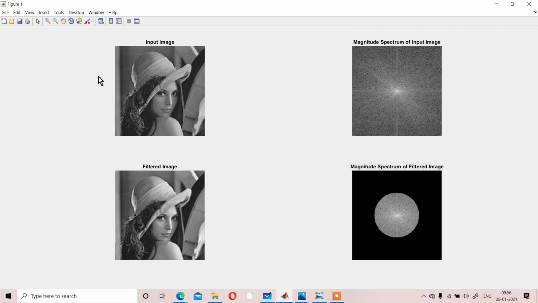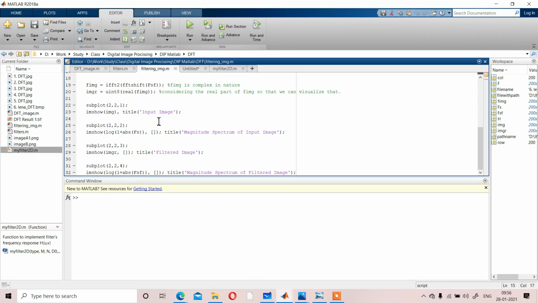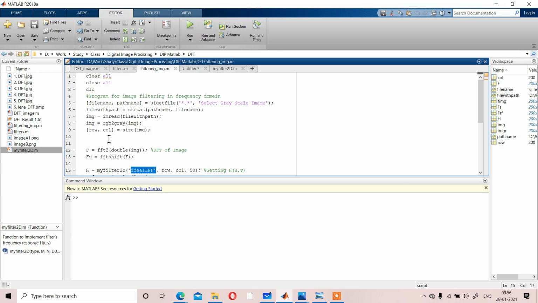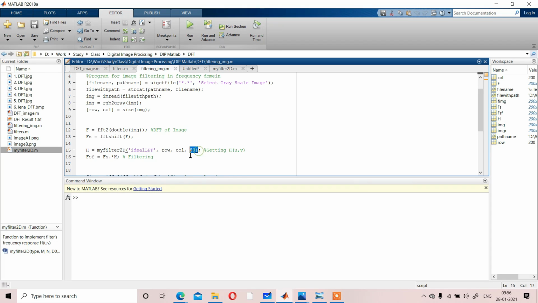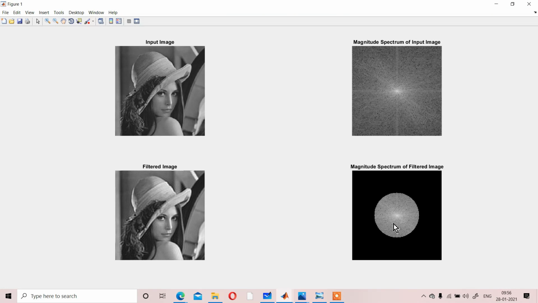Now you can see the frequency range depends on the parameters we have considered. D naught defines the distance, 50 here, which is basically the radius of the filter from the center, 50 pixels.